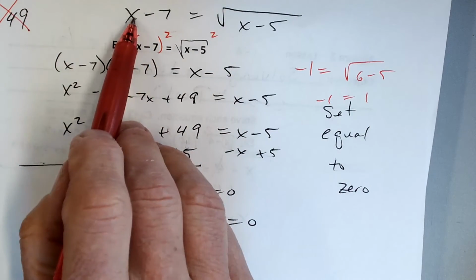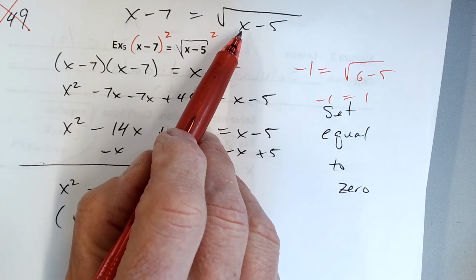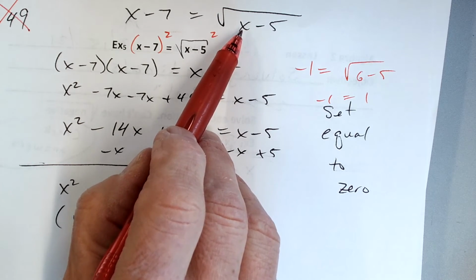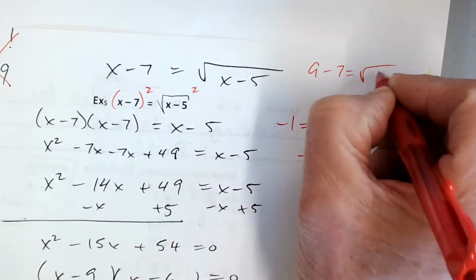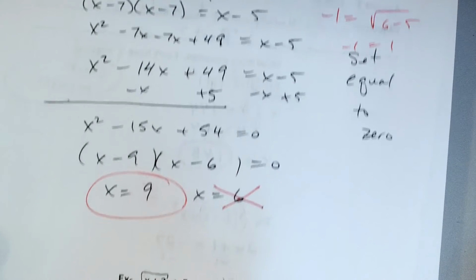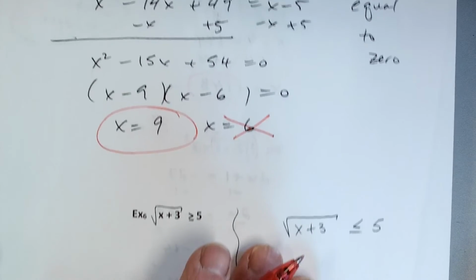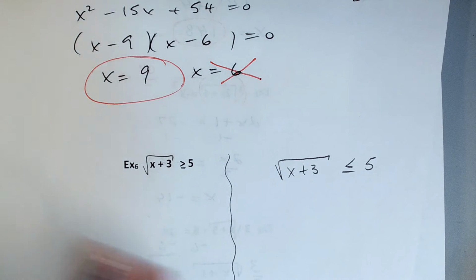The 9 does work. You put in the 9, you get 2. You put in the 9 here, and you get the square root of 4, which is 2. The 9 does work. So you get the 9 minus 7 equals the square root of 9 minus 5. That will work. So we throw out the 6 and only keep the 9. Okay? Now this next one is a little bit trickier, but it's just going to be